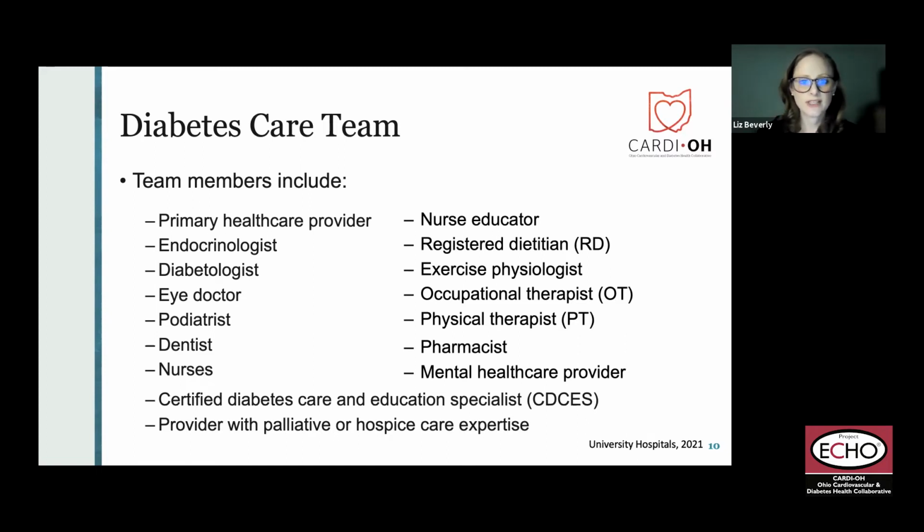Now, of course, with the advanced care model, you have to consider the resources at your practice or your healthcare system and who's available to be on that team. And then for the individual patient, if that individual patient has a chronic progressive condition like type 2 and they're experiencing specific complications or a lot of comorbid conditions, you might then be working with palliative care or hospice care expertise. Next slide.